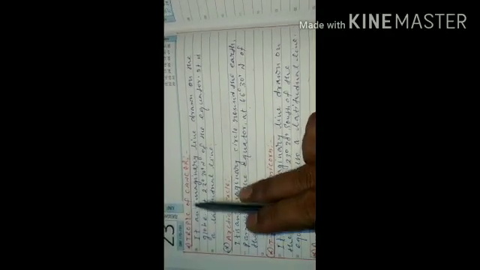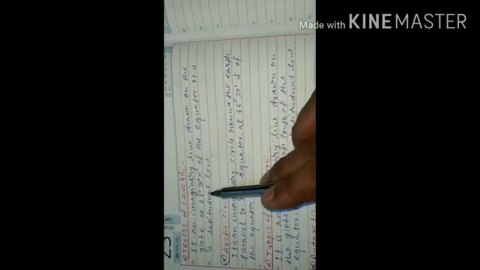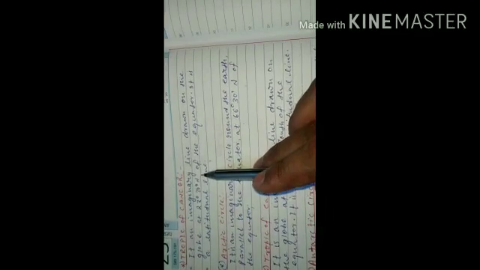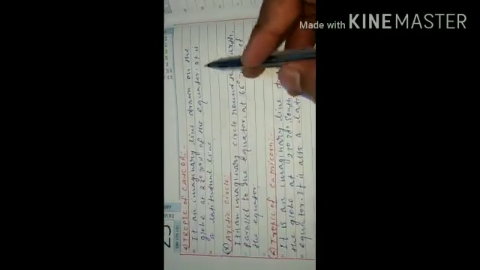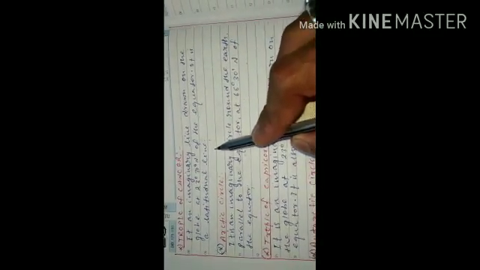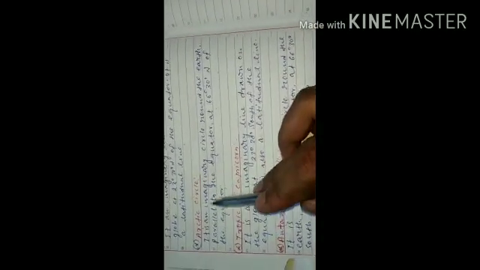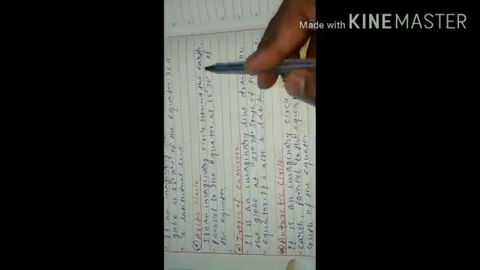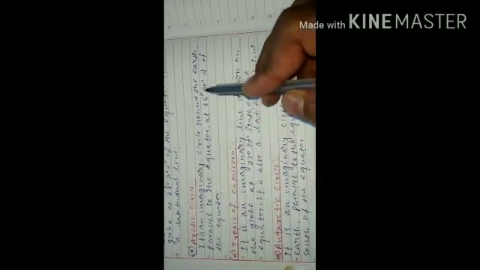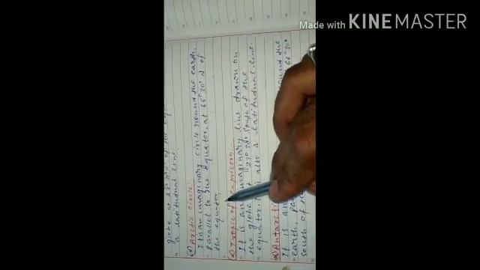Next point is the Tropic of Cancer. It is an imaginary line drawn on the globe at 23 degrees 30 minutes north of the equator. It is a latitudinal line. The Tropic of Cancer is a latitudinal line that passes on the globe at 23 degrees and 30 minutes north. Next point is the Arctic Circle. It is an imaginary line or circle around the earth parallel to the equator at 66 degrees 30 minutes north of the equator. It is an imaginary line drawn at 66.5 degrees north of the equator.